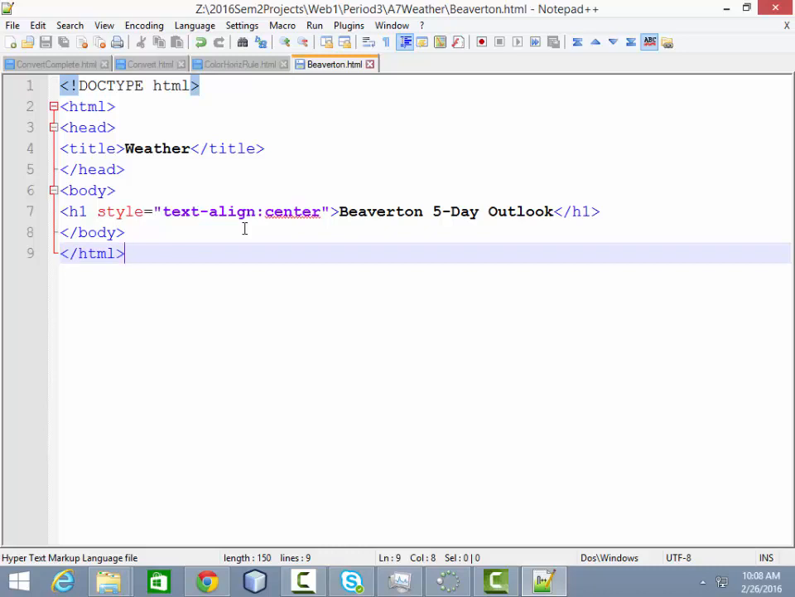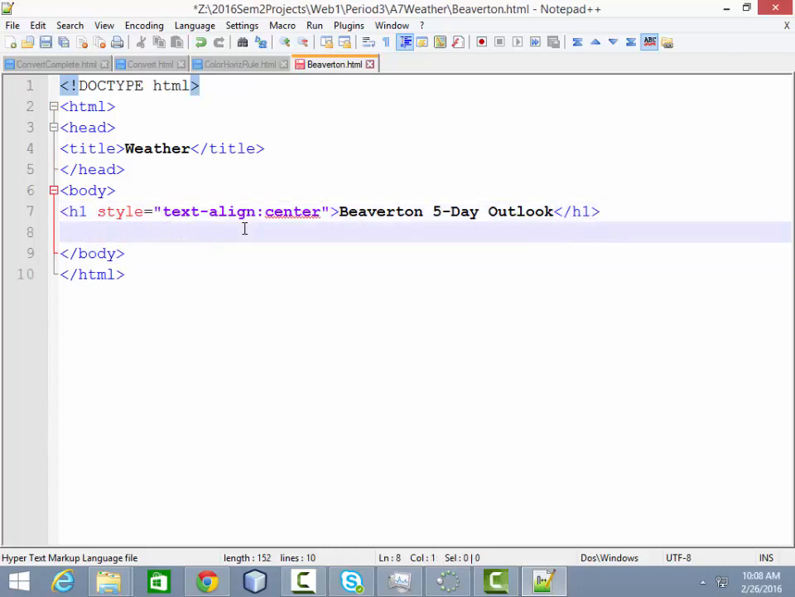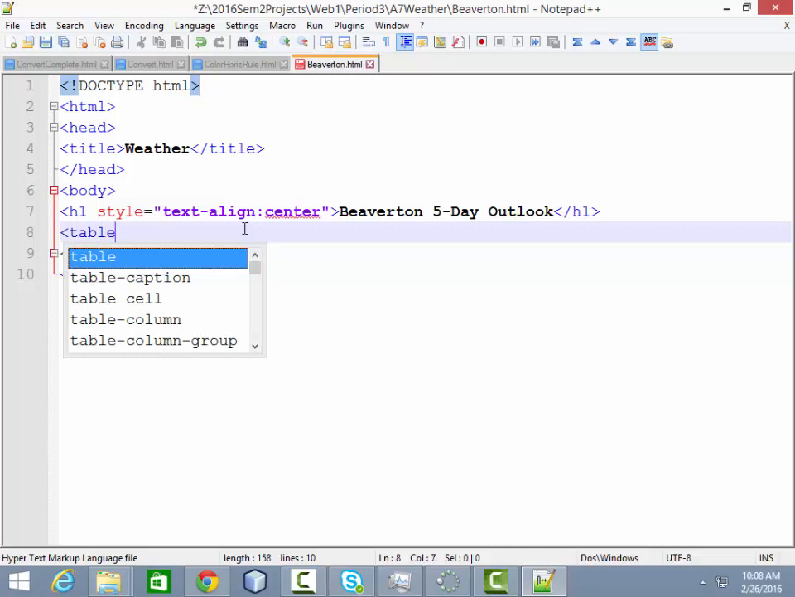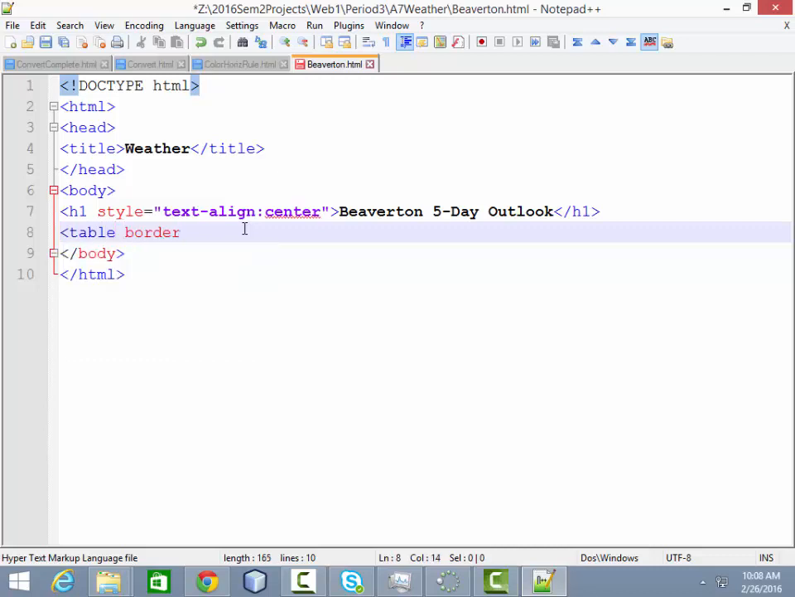Now we want to start our table. So let's put our table in. So border equals, and this is how thick we want the line to be. Say maybe 3, and maybe let's do cell